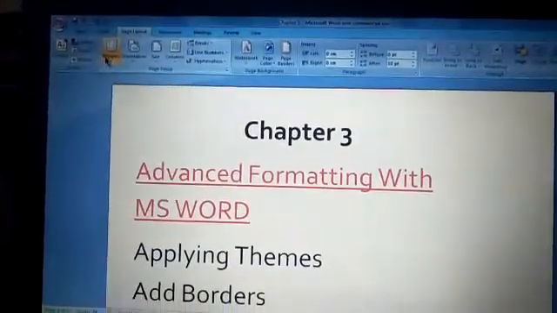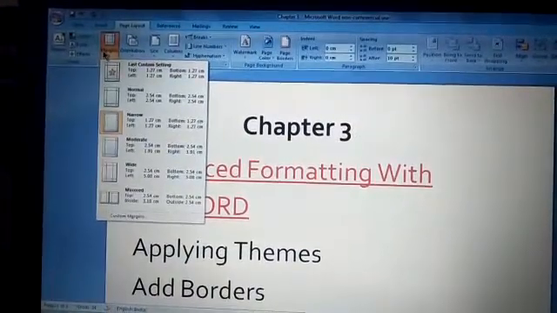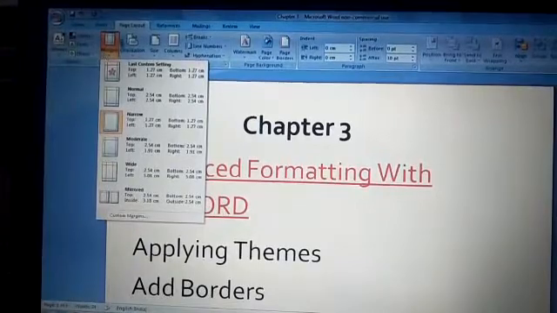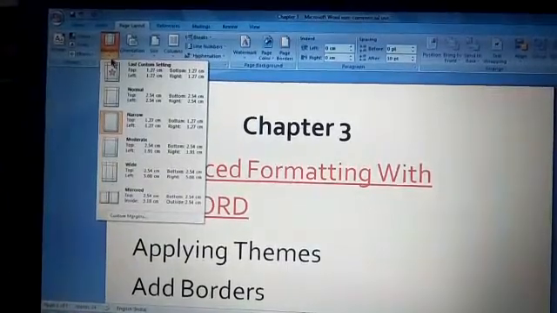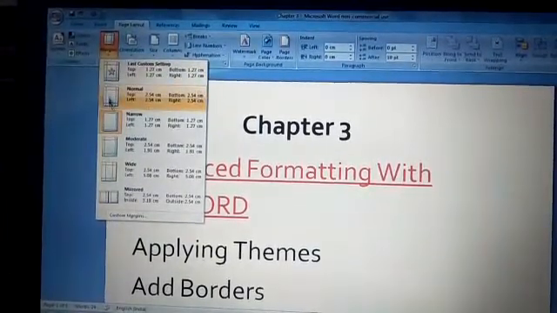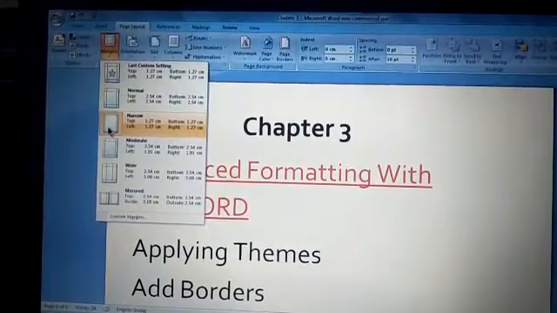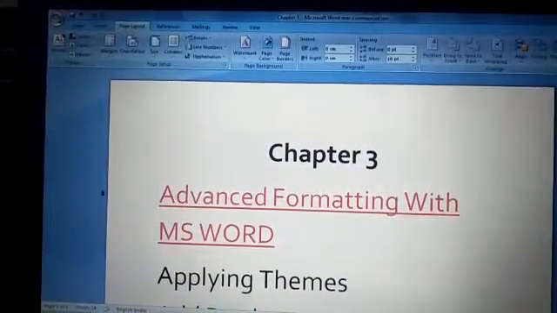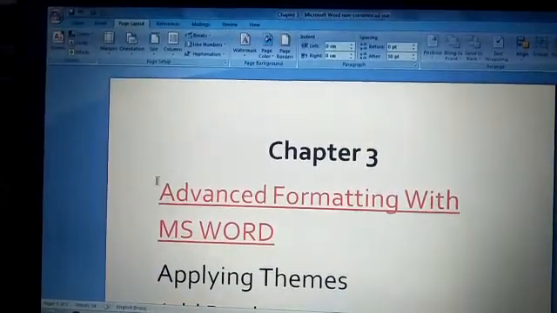Now you can change the margins from the page margin option. Page layout, page margin. Now we have selected narrow. Let's go to the normal, and you can see the distance between the left side and the thing which we have typed has increased.